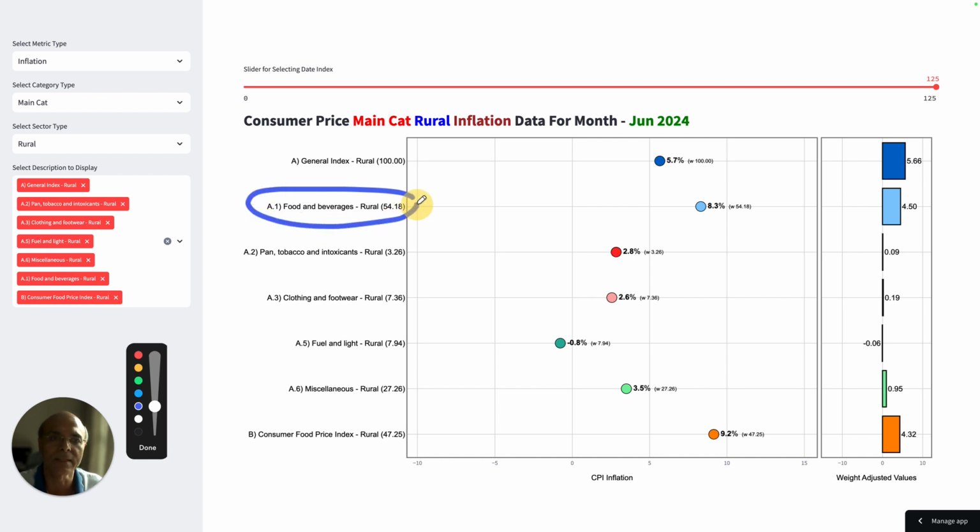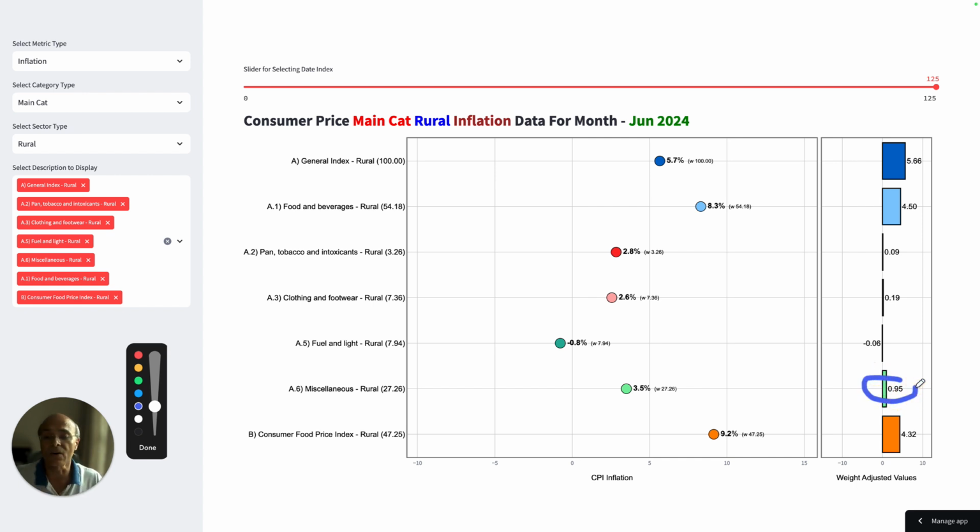Two items are excluded, item number 12 and 11, and you get this item. So you can just exclude this, and you will find that food and beverages, which is more than 50%, is contributing almost 80 to 90% of the overall inflation, right? And then you will find that the miscellaneous, though it is a very significant item, is contributing very little.